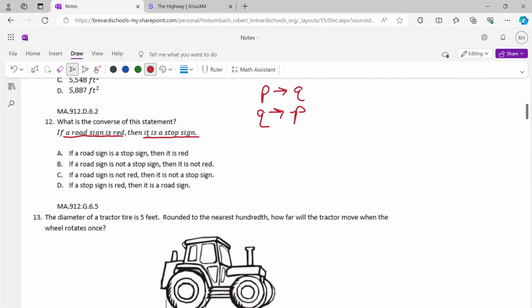So we got to take this conclusion, it is a stop sign, and put it after the if. So they all start with if a road, if a road, if a road. They all start with if the hypothesis. We need to start with if the conclusion. So answer choice D is the only one that starts with if stop sign is red, then, I'm sorry, stop sign is red, then it is a road sign. If a road sign is red, then it is a stop sign. Converse of the statement. So we need if it is a stop sign,